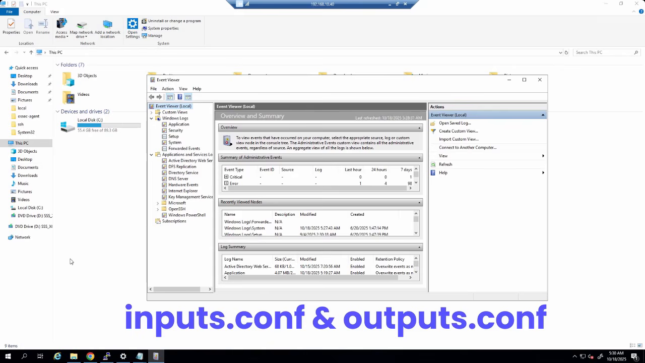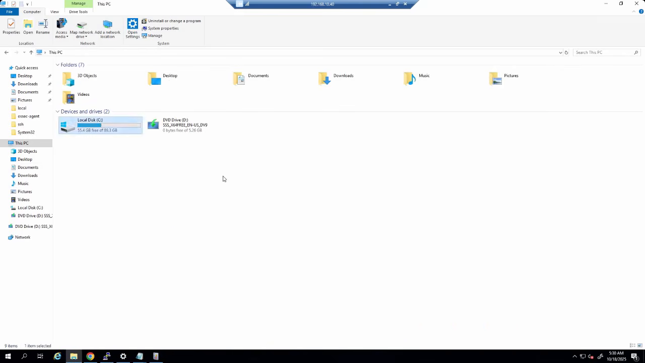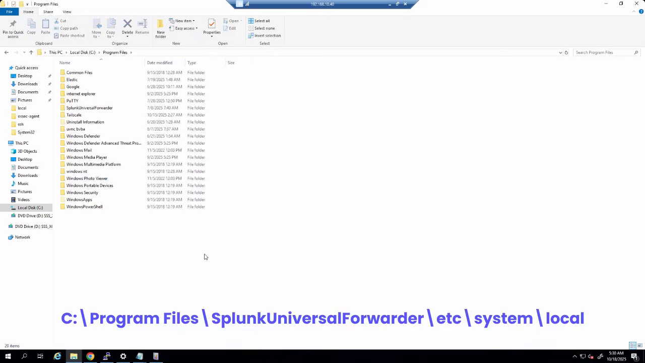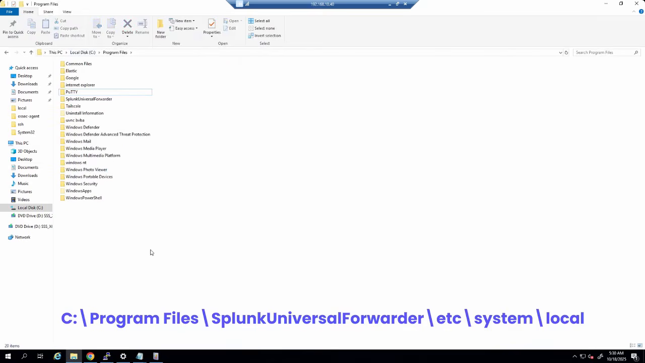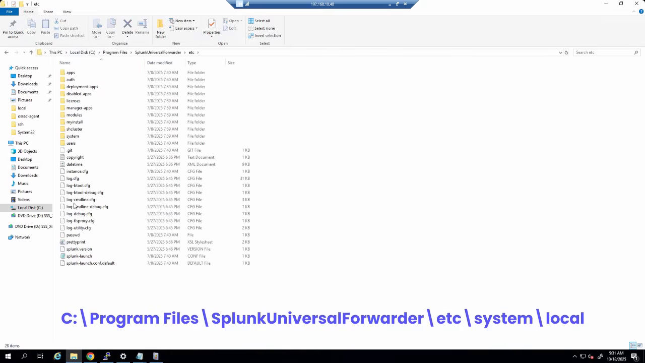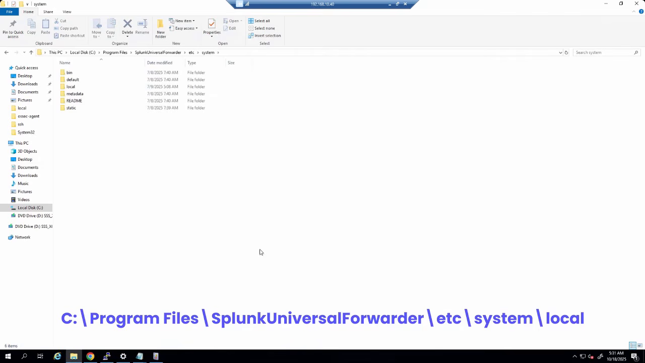Okay, so that file is present under the C drive, where the Splunk forwarder is installed. Under the C, let's go to Program Files. After Program Files, go to the Splunk forwarder. So you can see the Splunk Universal Forwarder installation, where we can see etc. Under the etc, go to system, and then system, that is local, and under that you can see